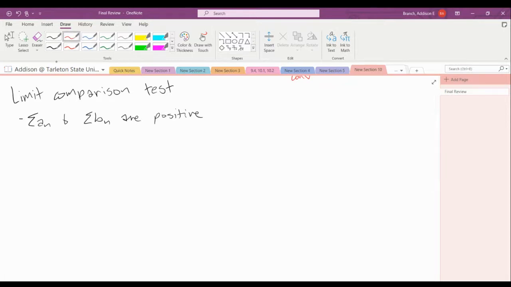And our test states that if the limit as n approaches infinity of a_n over b_n is equal to some number c, and c has to be finite and c has to be greater than 0,